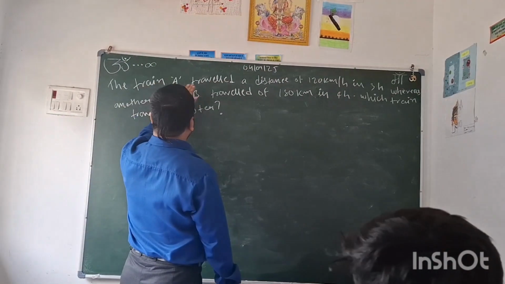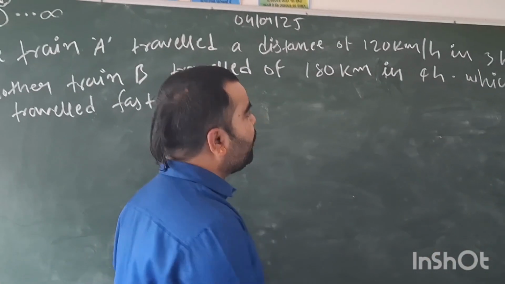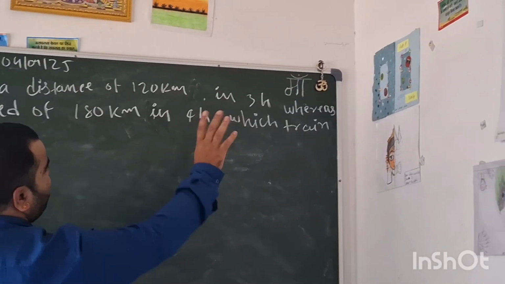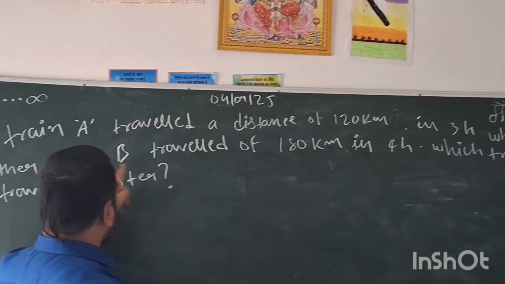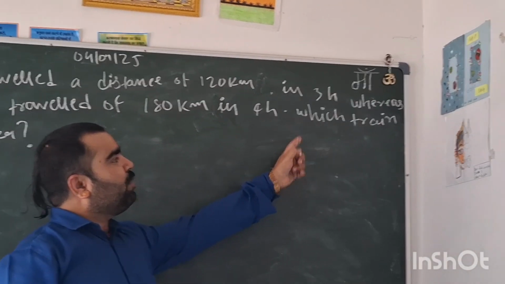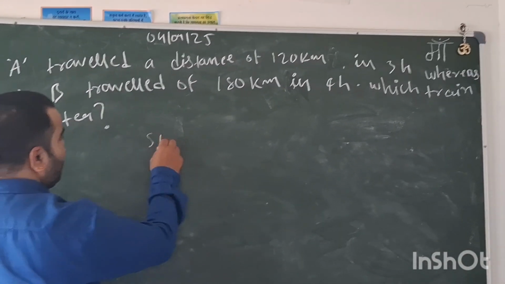The question is that train A travels a distance of 120 km in 3 hours, whereas another train B traveled 180 km in 4 hours. Which train runs faster? So we know that speed is equal to